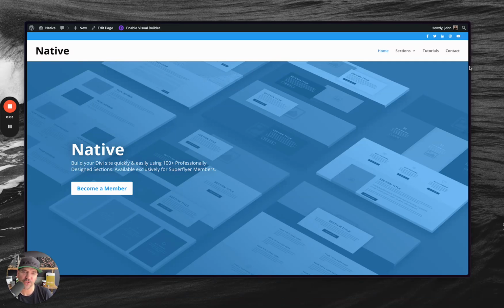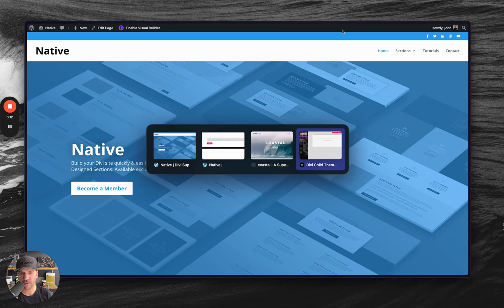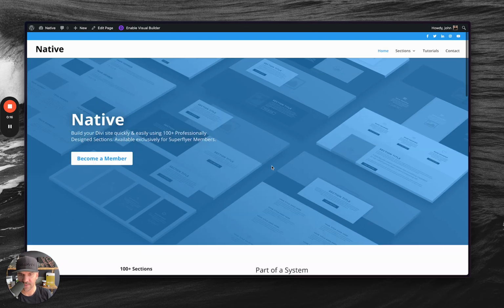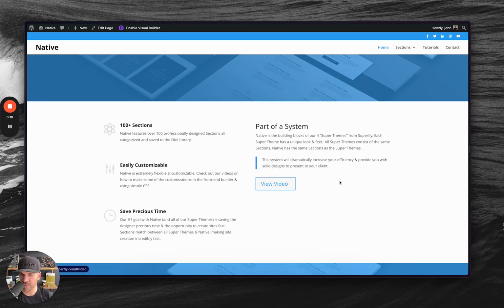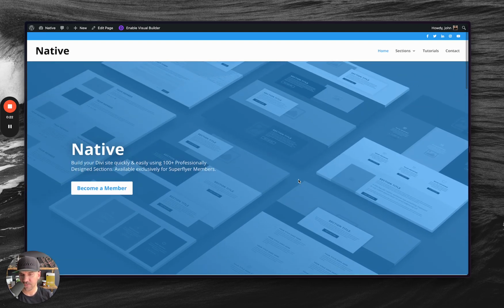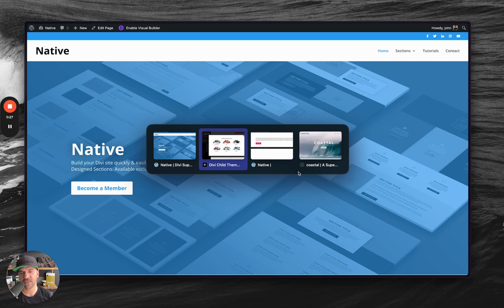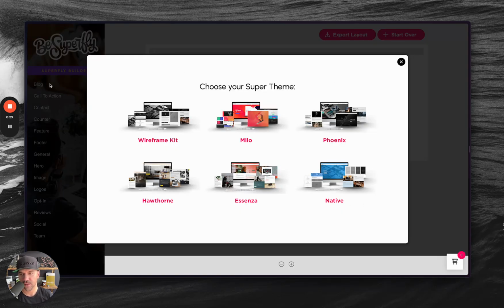It's John with Be Superfly, and today I'm super pumped to announce Native. It's a new addition to our Superfly Builder right down here. And at first glance, this looks like native Divi, and you're exactly right, it is. This is actually not a child theme that you install, nothing like that. It's a tool to let you use the Superfly Builder on any Divi site, not just sites that have one of these five